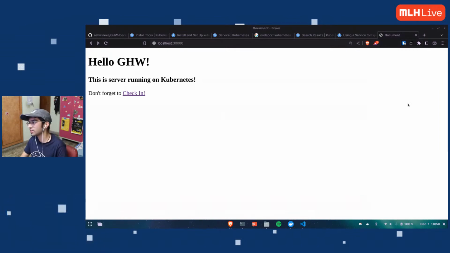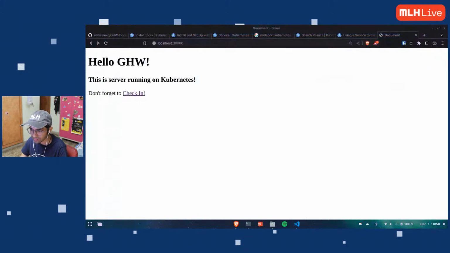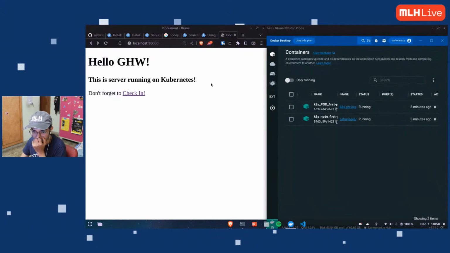We got it. This thing is running on Kubernetes. How cool is that? But what is cool in that? Let me show you something cool. So observe this very cool thing. Let me just split screen right here. So this one is my image, right? The one that is running here. So if I refresh, it's running.